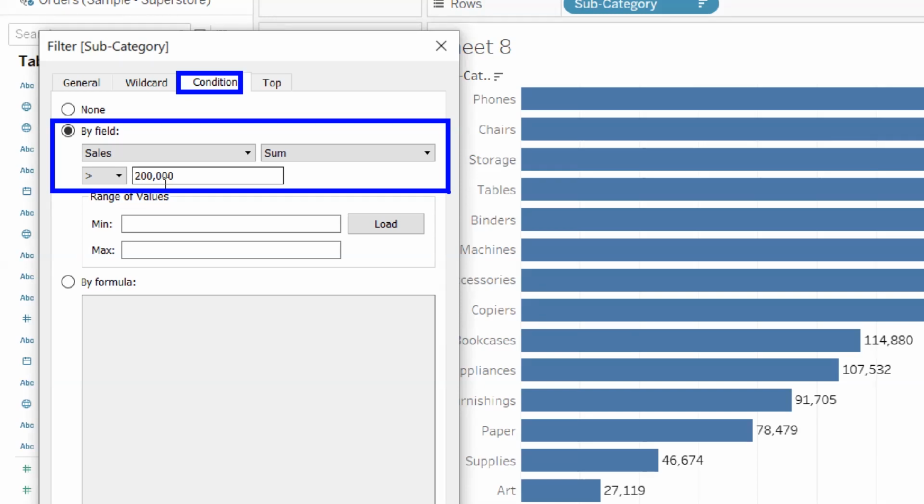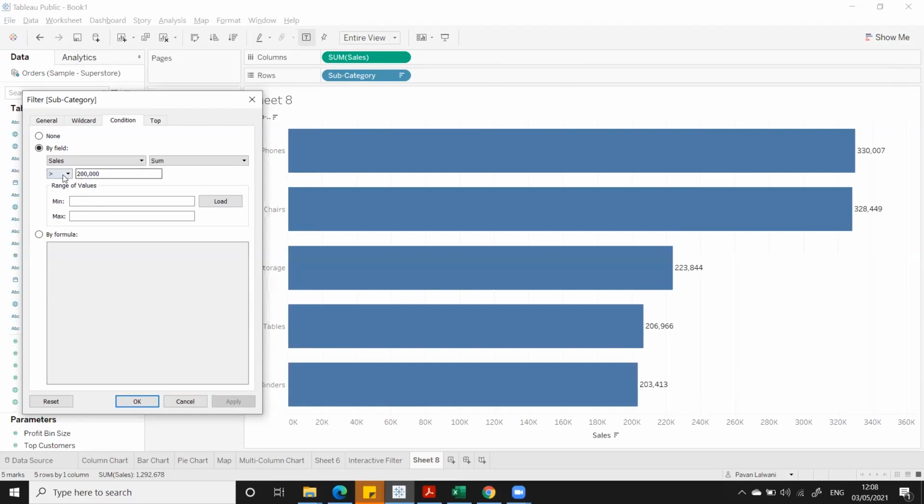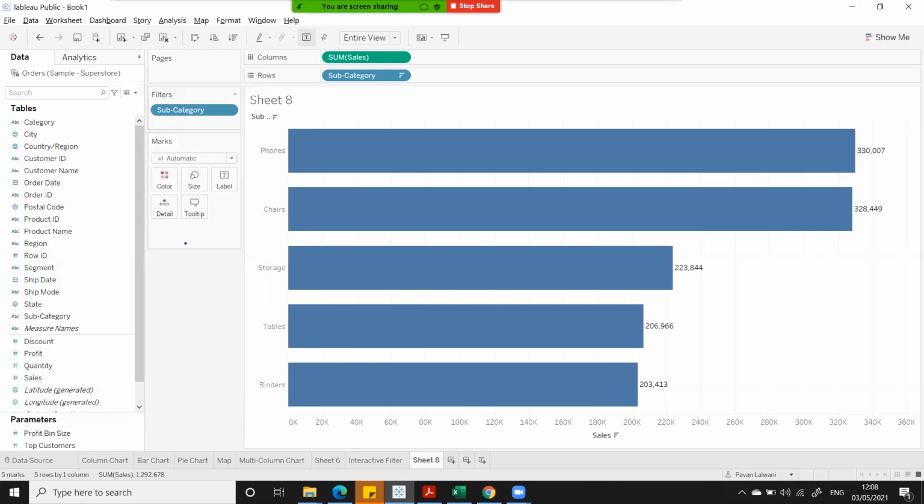And then click on apply and see the changes reflected there. Right. If you don't want this filter, you can simply drag and drop it outside.